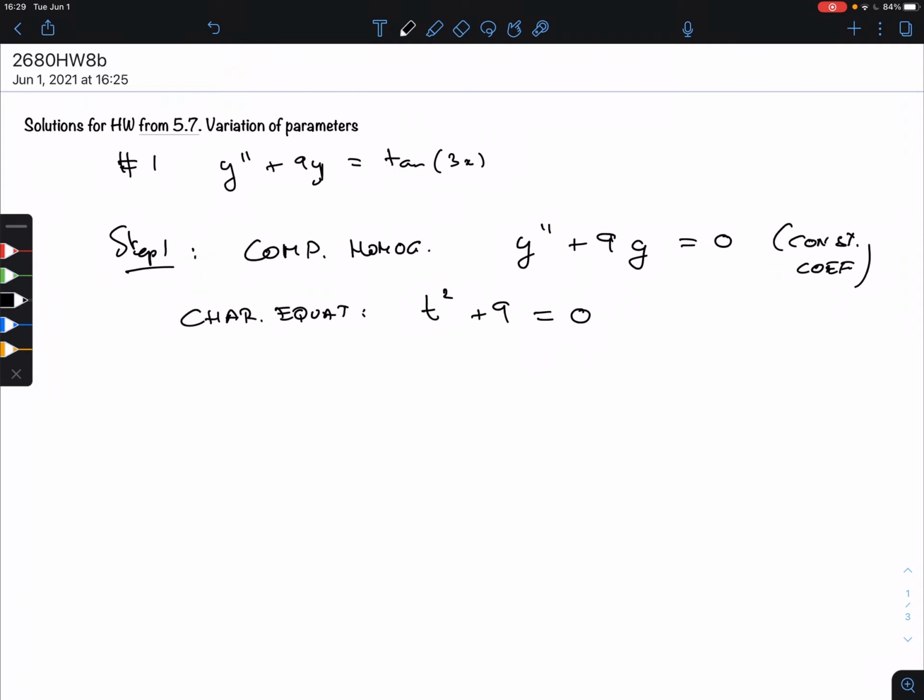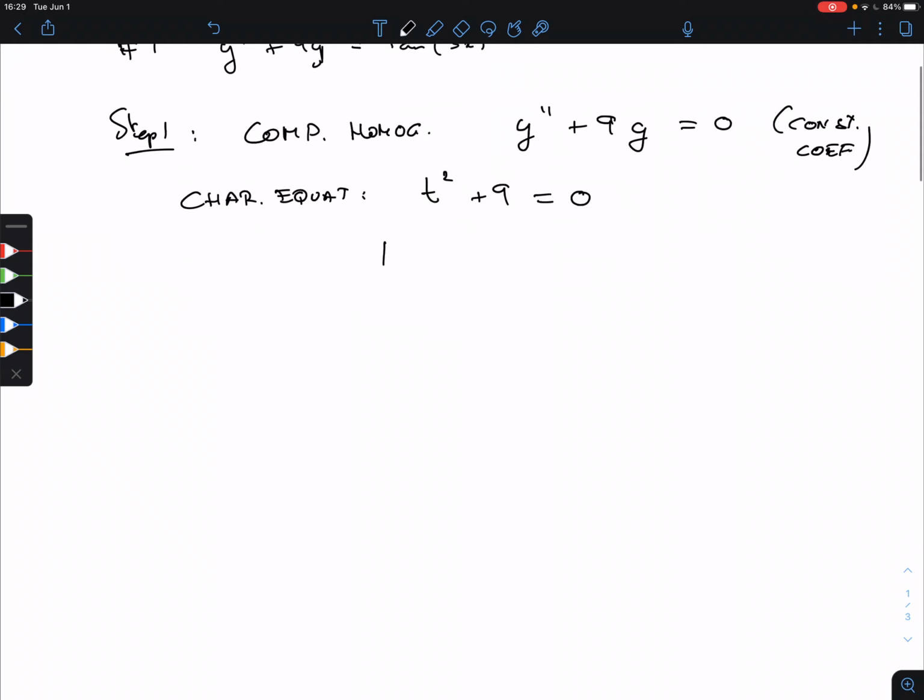If you take the 9 to the other side, you see you're going to have complex solutions, so it's plus or minus the square root of negative 9,